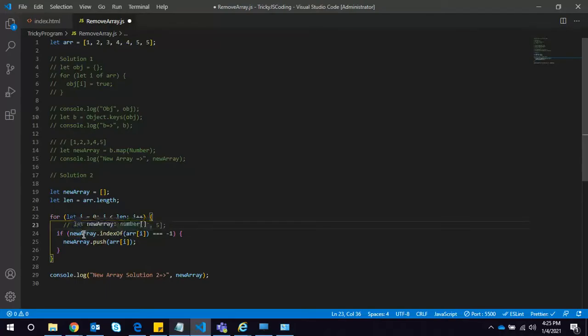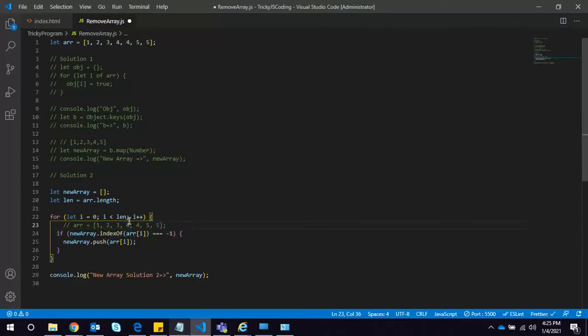It won't find that value in the new array, since initially it is empty, so indexOf will return -1 and we will push that value. Like that it will push 1, 2, 3 and 4.